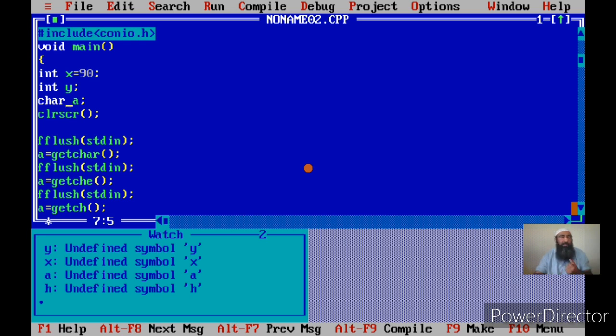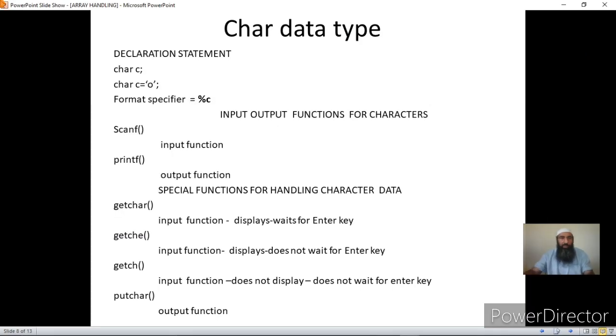In character arrays, since it will be a group of variables of the same data type, we'll be able to store more than one character in those variables. Again, naming will be easy. It is the same as integer arrays that I have already explained, and we'll go to that. We'll go to the next slide here.